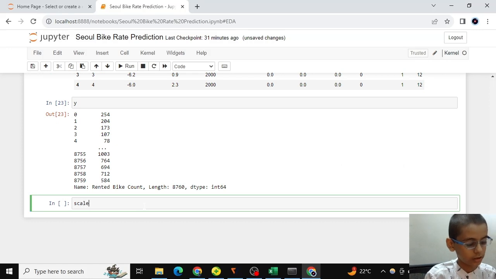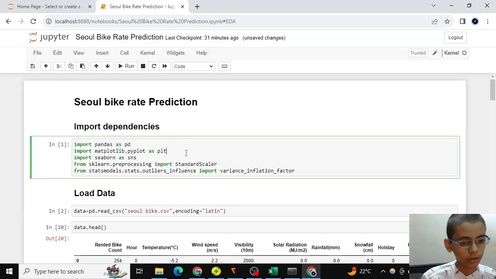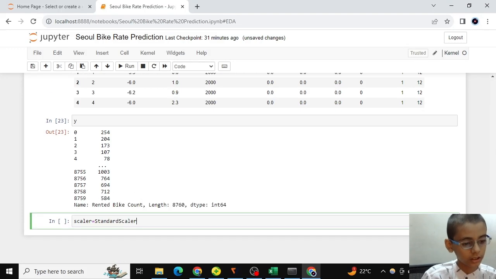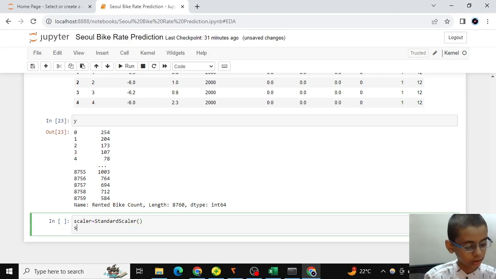So scaler is equal to StandardScaler, and then scaler.fit_transform on X.